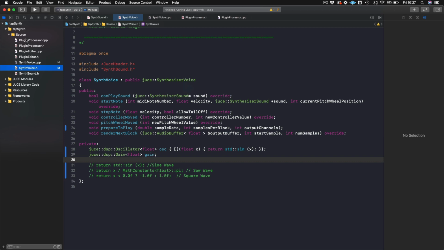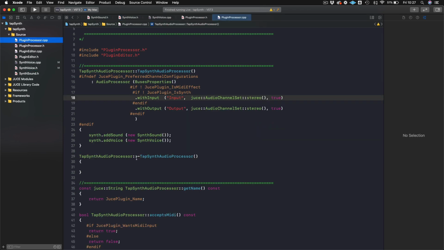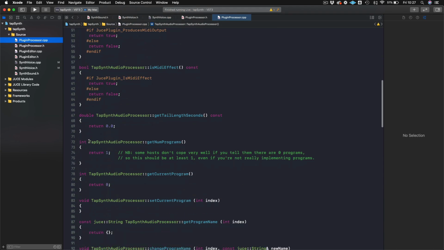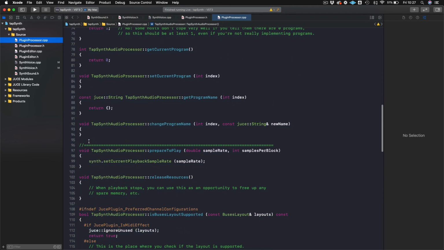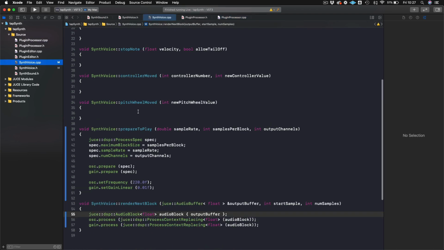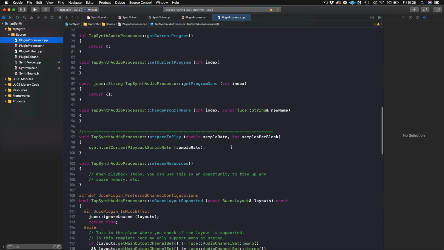Okay, so in our plugin processor, what we've done is we're adding this class that we've created, SynthVoice, to our synthesizer. Okay, and then what we need to do, remember, we need to call that prepare to play method, right? Where we have this prepare to play method, and we need to call that before we actually call renderNextBlock. So what we're doing is we will say